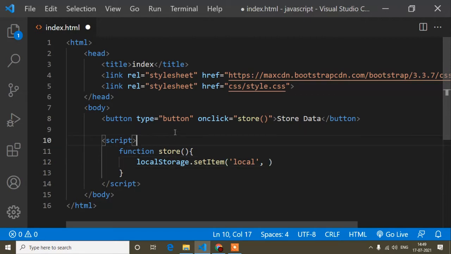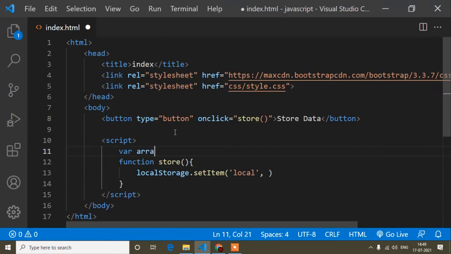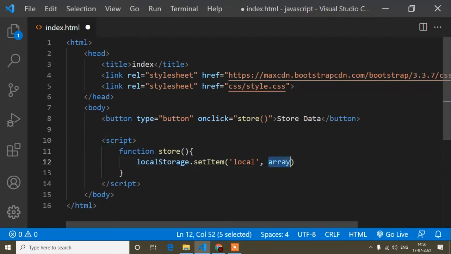Suppose you want to store an array value, you can write an array with some values like A, B, and simply pass the variable name here, and the array value will be stored. But here I will not store an array, just a simple string, local storage, so it is easy to understand that the data is stored from local storage.